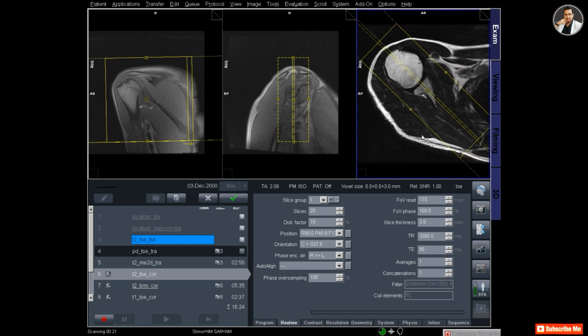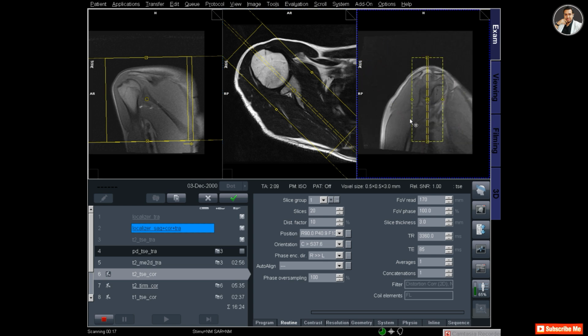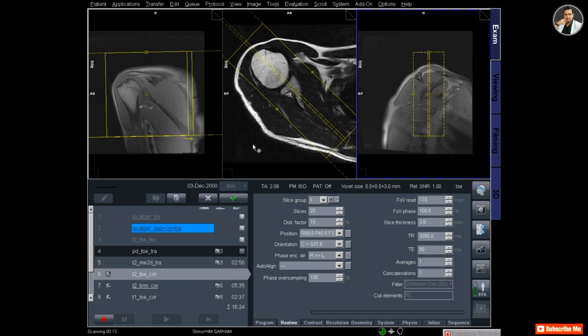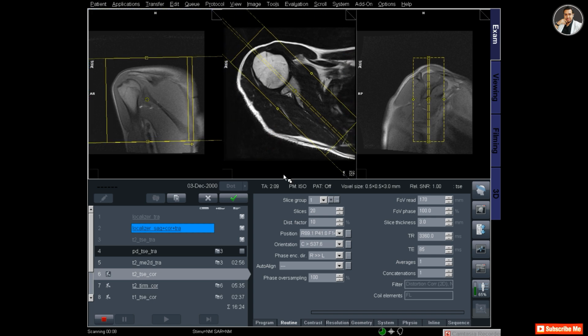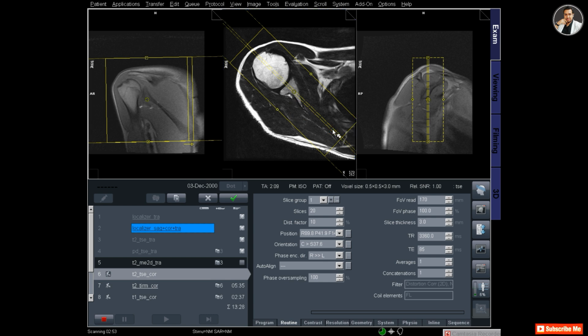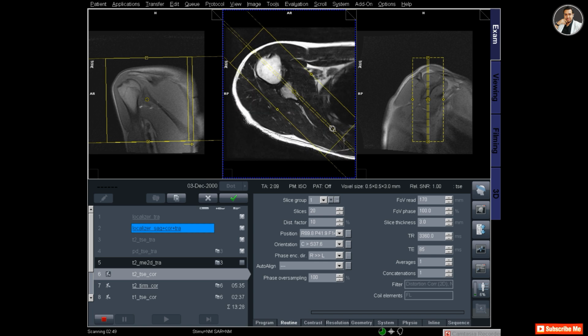I have dragged the axial image so that I can see the shoulder joint clearly, and I can plan over it. You can see that on the T2 axial image the coronal slice is parallel to the head of the humerus and the glenoid bone of the scapula. So this is the planning.